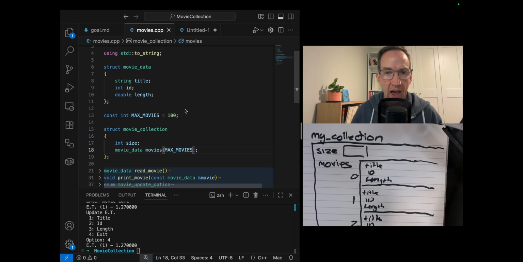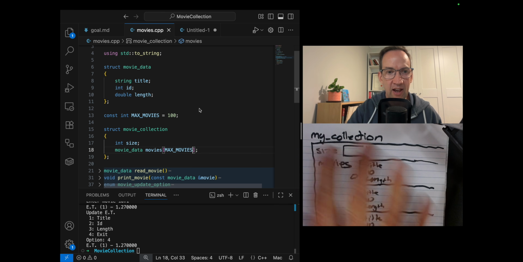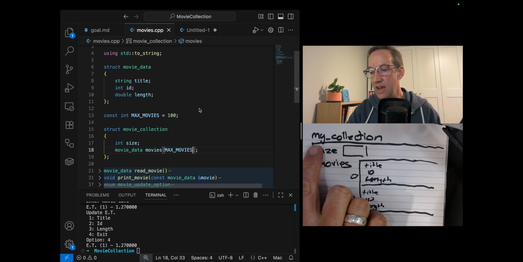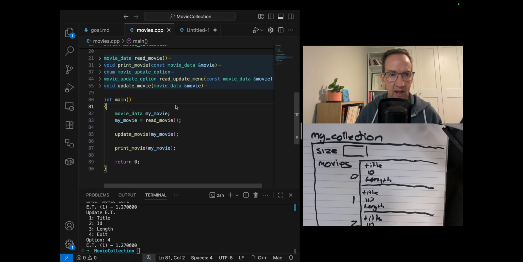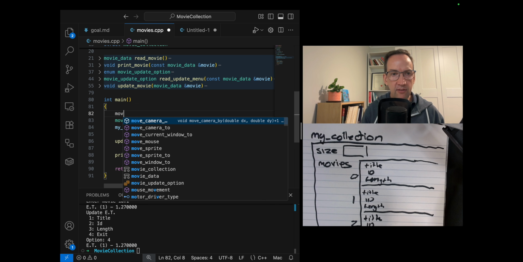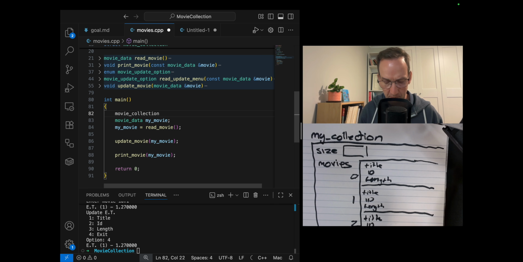So we now have this modeled inside that struct. It doesn't exist in memory at the moment, but the potential to create any number of these exists. Whenever we create a variable of movie collection type, it will have a size and 100 movies that we can access. So down in main now, what I can do here is create my movie collection,